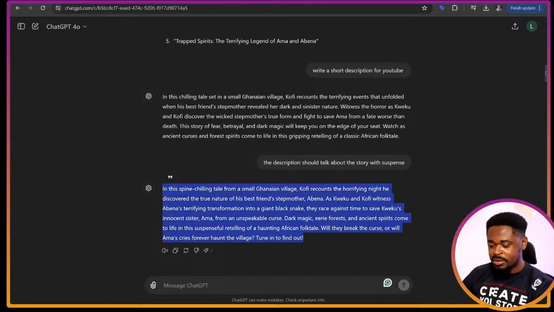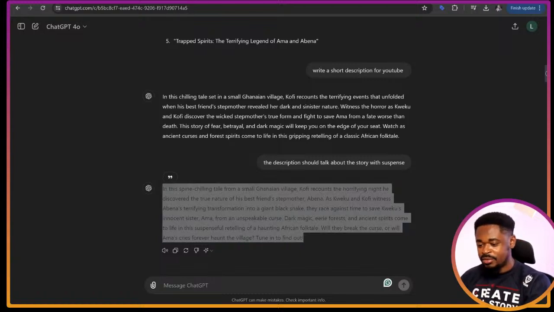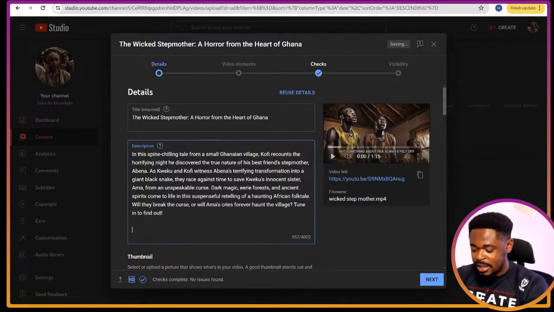So I'm just going to copy the description. It can work on an Android phone. All right. Still answering your question. It can work on an Android phone. Add the description, and then you can add hashtags,